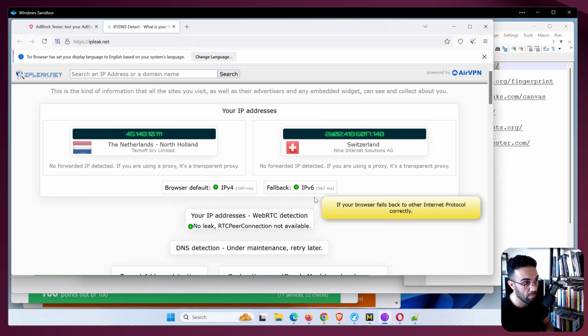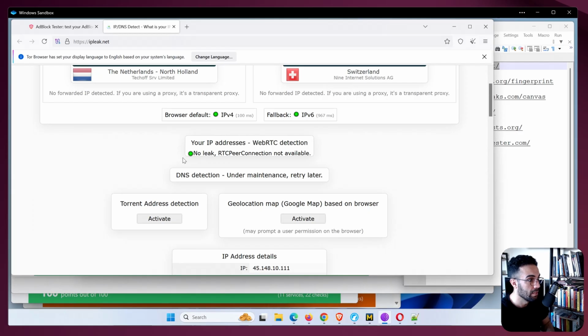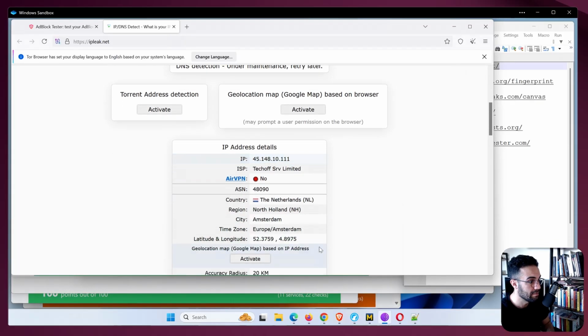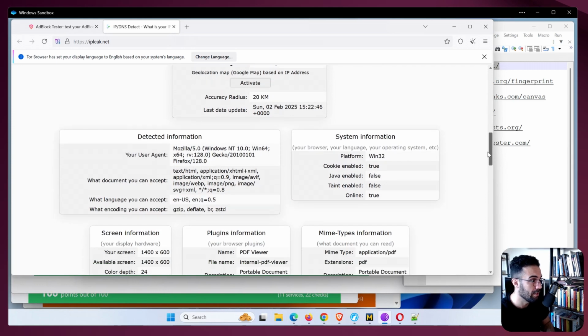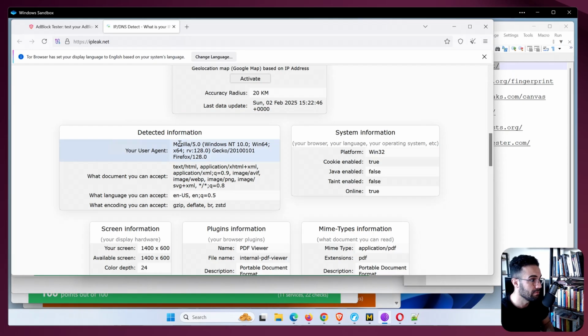There's a fallback for version 6, and there is no leak, which is good. And let's see what else do we have here. Accuracy radius is 20 kilometers. I like that one. Behind the scene using Mozilla,